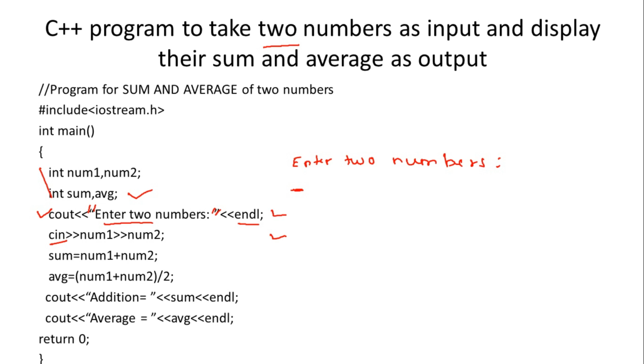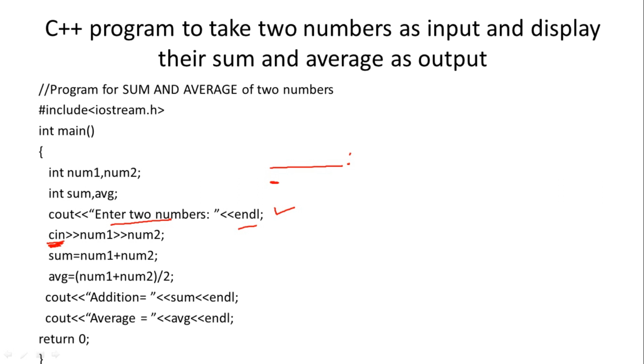So whenever cin appears, it will wait for the data to be read from the user. After the statement "enter two numbers" is printed, then colon, and by using this endl, control will go to a new line. But after execution of this statement, the next statement is cin. Whenever the program sees the cin statement, it will wait there to read the values from the user.